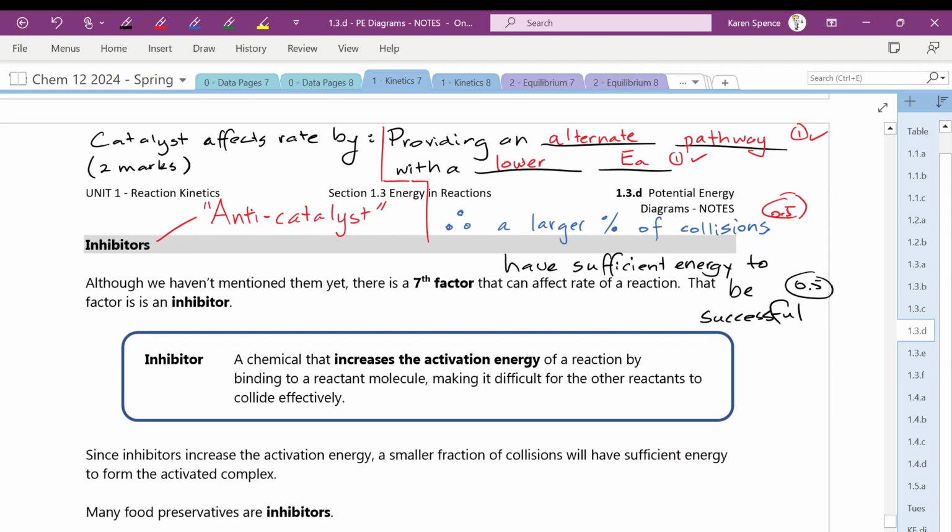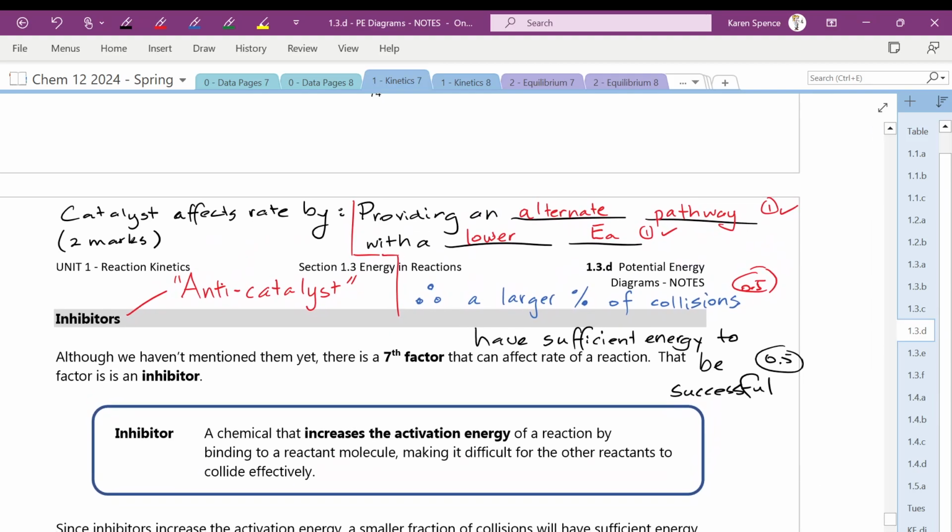Okay. So that's what a catalyst is. Now, an inhibitor is like an anti-catalyst. So based on what a catalyst is, what would you say that an inhibitor does? So it's fine with alternate reaction paths. However, instead of lowering the activation energy, it would increase the activation energy. Exactly. Okay, so the anti-catalyst, the inhibitor, will